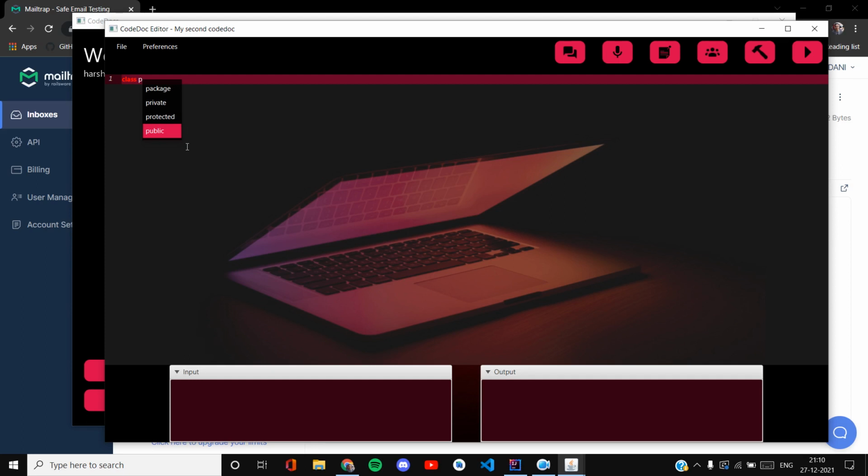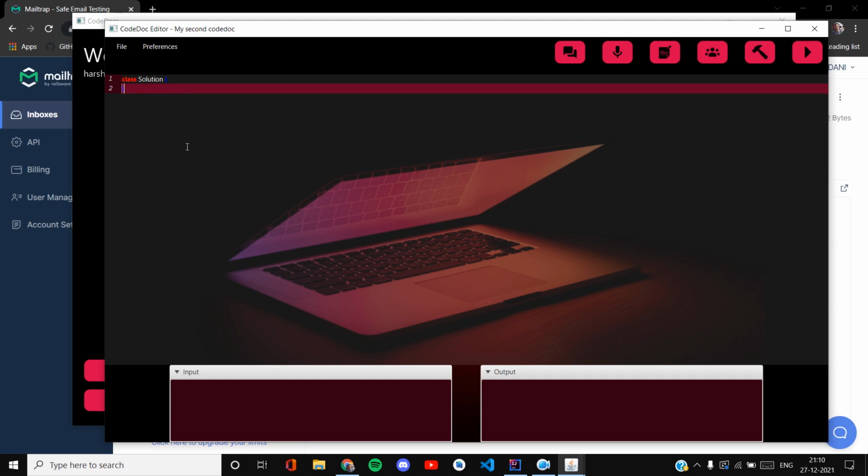Now the highlighting and autocomplete features are implemented in two languages, Java and C, right now. So therefore I chose the programming language Java. I'll simply write a small Java program. Say class Solution. For Java and Python we have to use the class name Solution.